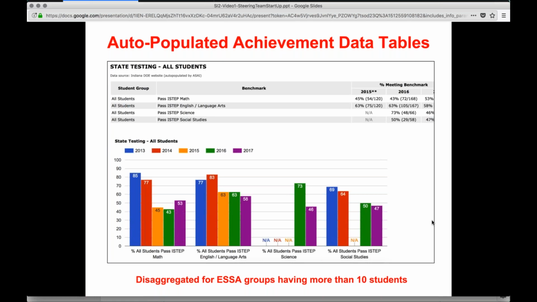So other parts of the report would have race and ethnicity, lunch program status tables, and tables for English as a new language. So you'll have lots and lots of data to look at. We do try to keep your entry to a minimum, but there are going to be tables that you'll enter and things that we can't download for you.